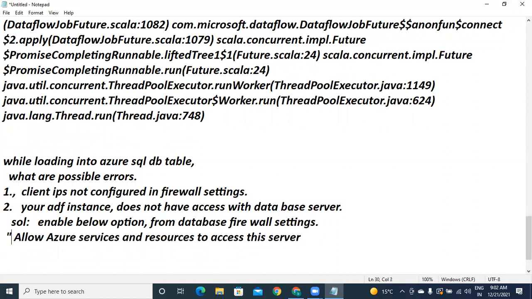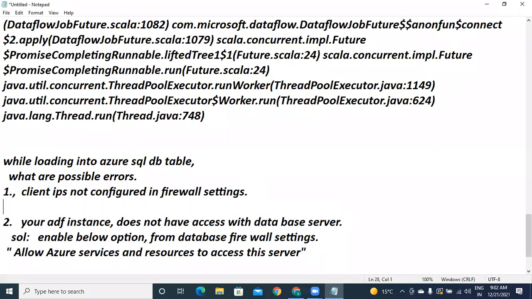Make it yes simply. By default, that is no. Got it. So for the first error, the solution is to add a range of IPs to the firewall. That's it.